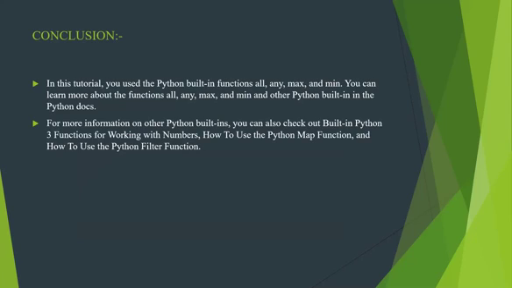Conclusion. In this tutorial, you used the Python built-in functions all, any, max and min. You can learn more about the functions all, any, max and min and other Python built-ins in the Python docs. For more information on other Python built-ins, you can also check out Built-ins in Python, 3 functions for working with numbers, how to use the Python map function, and how to use the Python